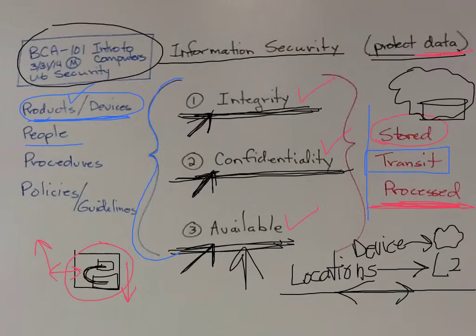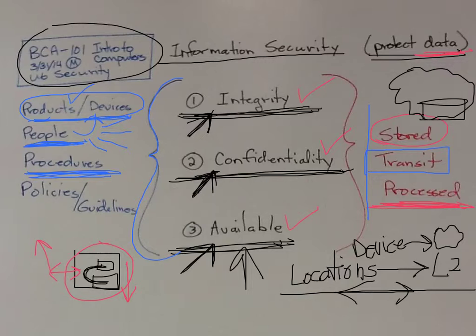The next thing we need to deal with, people. People have to use the products, people have to change passwords, people have to avoid clicking on links they shouldn't. They should understand how to manage passwords, they should understand what procedures there are in a business. That leads us into procedures. People have procedures they need to follow. If you don't have a procedure,